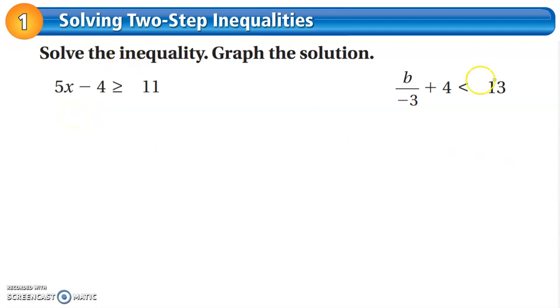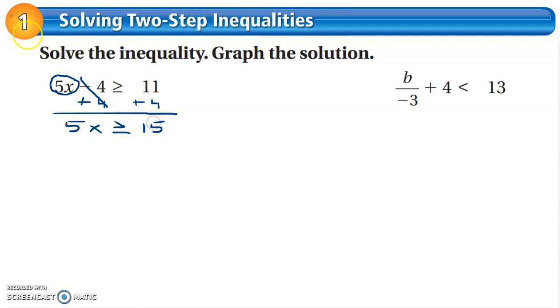All right, now let's start with this first one right here. We're solving for x, so let's circle the x term, circle the variable term. We need to eliminate everything else. Get rid of the 4 by adding 4 to both sides. Because this says minus 4, we're subtracting, so we do the inverse operation. That cancels out. Negative 4 plus 4 is 0. The 5x carries down, 5x. The sign stays the same because we didn't multiply or divide by a negative, and then 11 plus 4 is